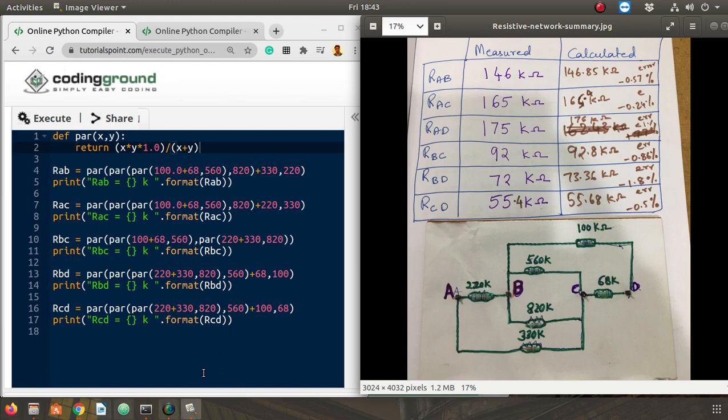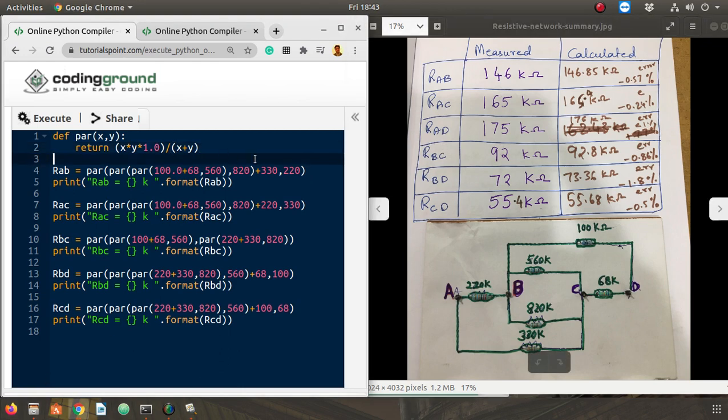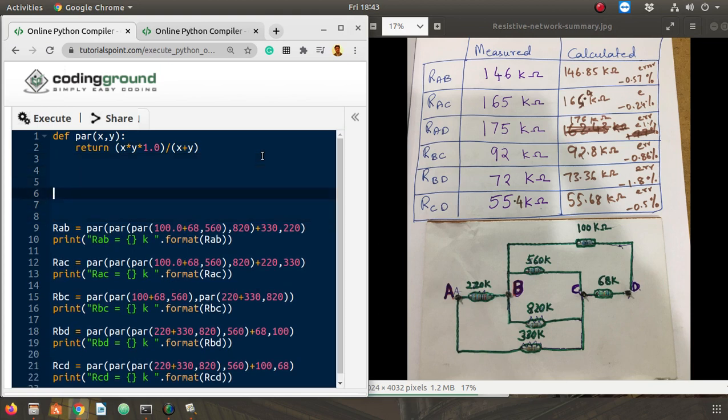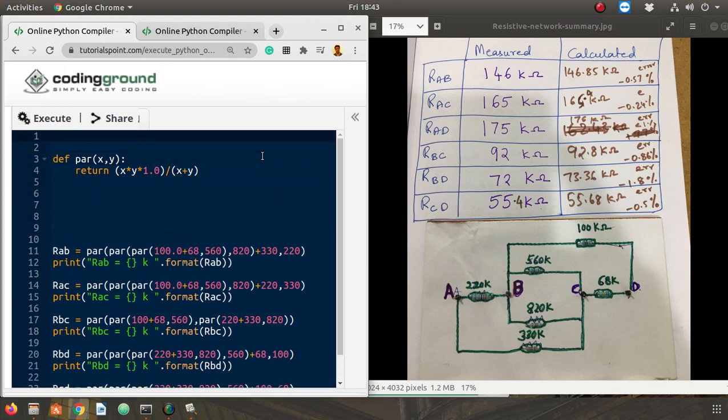So here what we are now to do is to find RAD. Now we will change the program a little bit. In fact, I'll introduce a new function. Let's call that function delta to star. If I have three quantities and I want to convert them from delta to star, I already gave the formula in one of the earlier videos. How that formula comes about, I mentioned there is a video you should refer to, which I will send you the link to whenever I make it. But let's